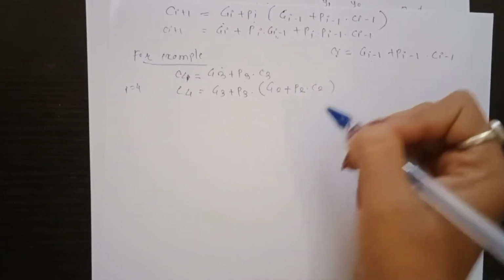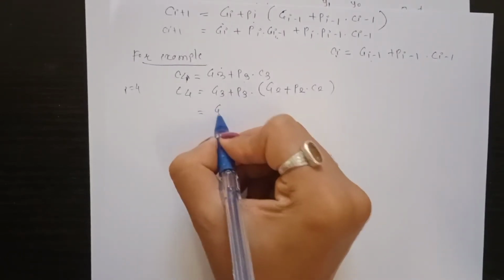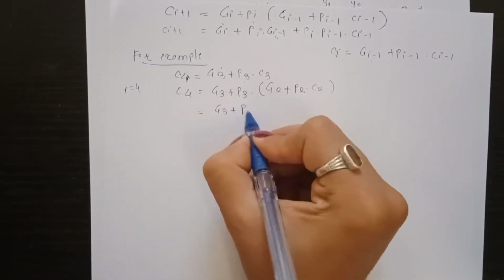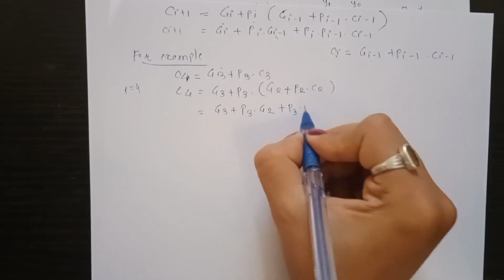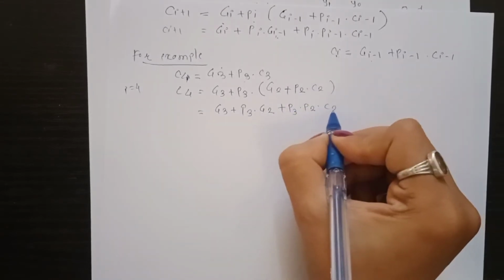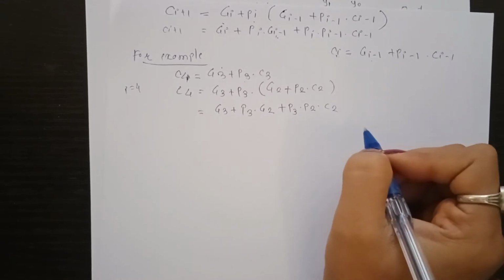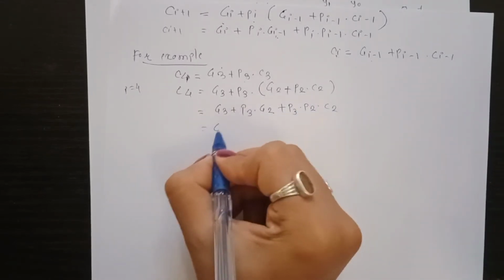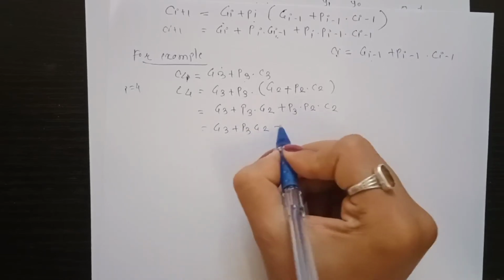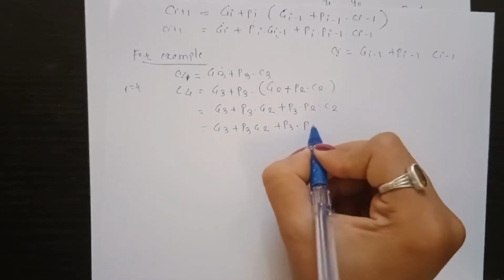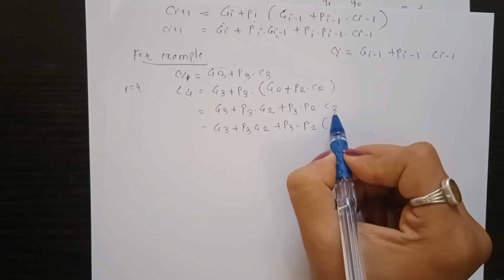Okay, then again factorize it: G3 plus P3 into G2 plus P3 into P2 into C2. Okay, then again next G3 plus P3 into G2 plus P3 into P2, and again we can replace this C2